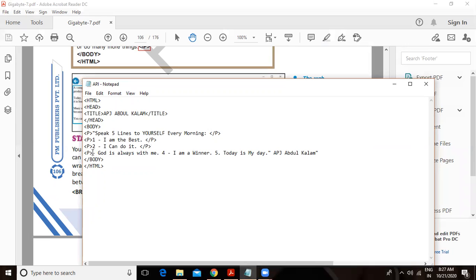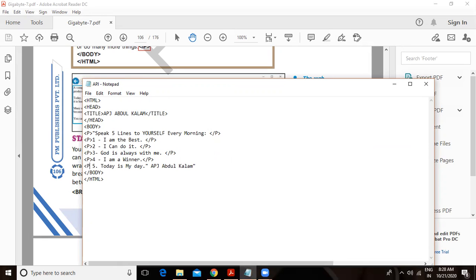Here we have on third number, God is always with me. I will just close the P tag after that. And before the fourth point, again start with the P tag. In the end, close with the P tag. Can you give me any one example of your empty tag?